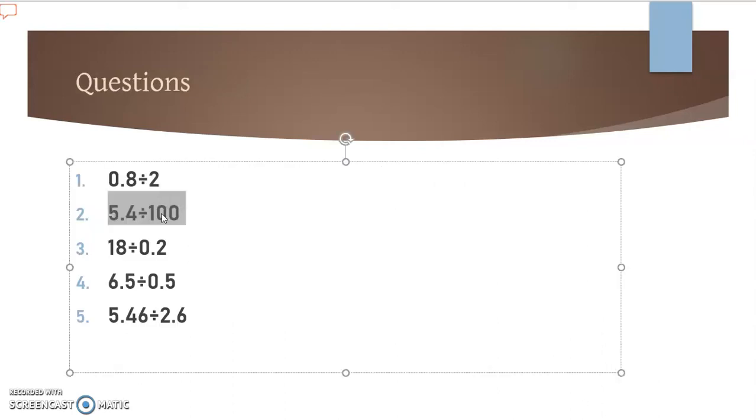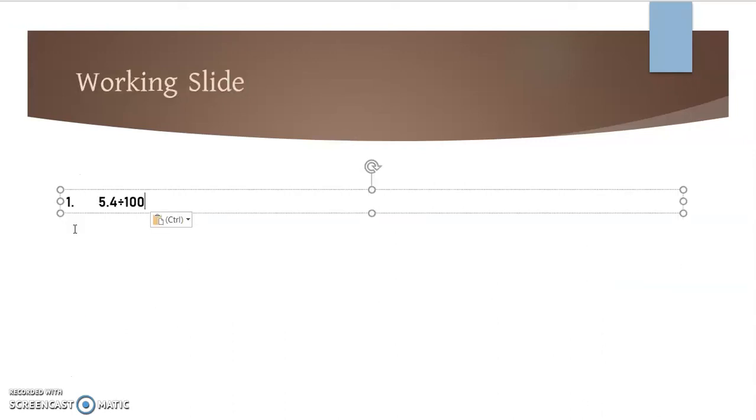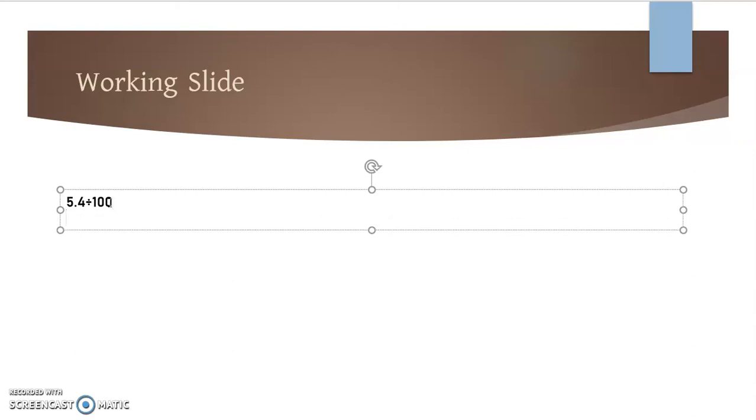Next question, 5.4 divided by 100. Now, remember I said in the beginning that if you divide a decimal by 100, the decimal point would move towards the left. We don't even need to do any division over here, because it's 100, and when we divide, we would have to move by 2 places towards the left. We'll write 5 4, and the decimal point is over here, so it will move towards here, by 2 decimal places, so our answer would be 0.054.